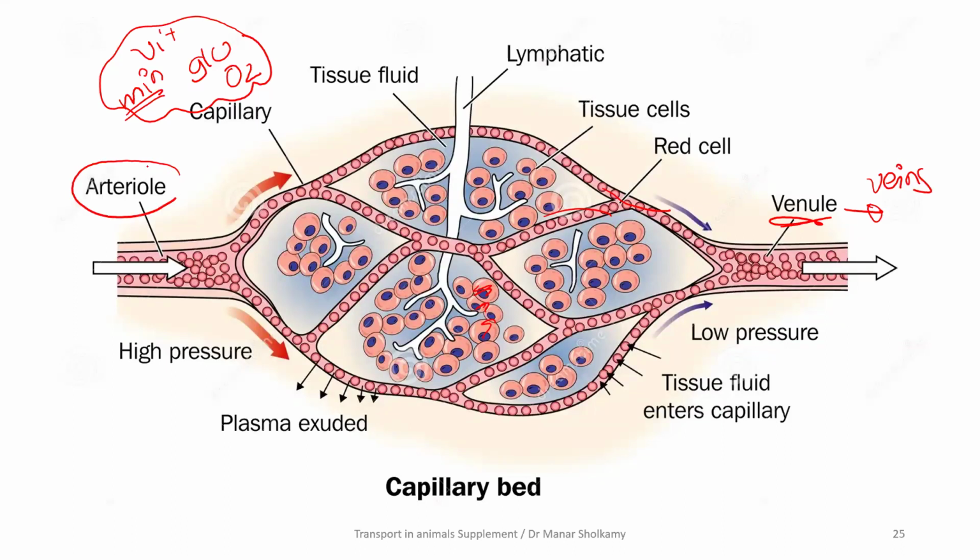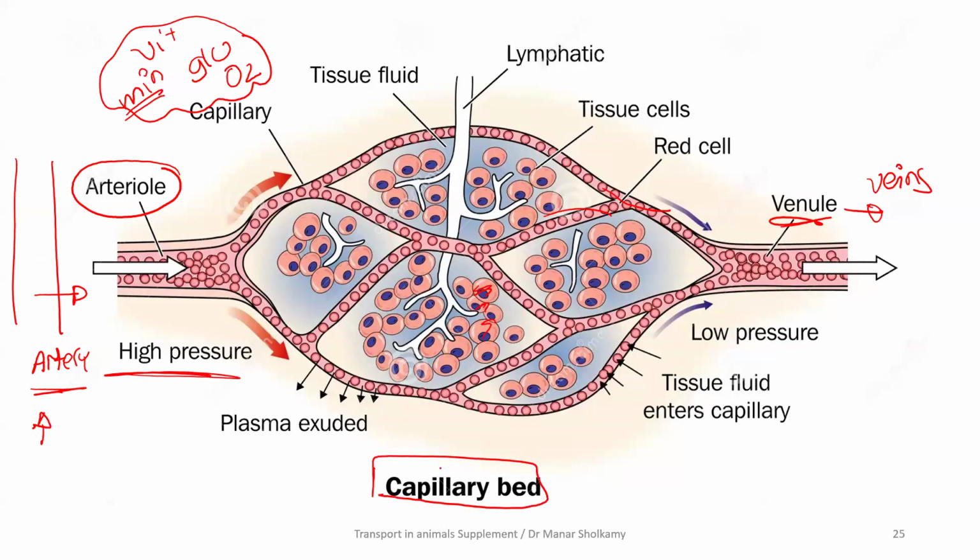What is the arteriole? The arteriole is a small what? It's coming from what? What do I have here? An artery. Yes, an arteriole is a small branch artery from the arteries. Correct. So you have an artery with very high pressure. It branches into thinner arterioles. Of course, the pressure decreases a little bit, but still the pressure is high. And then it will branch to form the capillaries that are 1 cell thick. And then the capillaries will join again to form a small vein. A small vein is called the venule. And then the venules will combine to form larger veins.